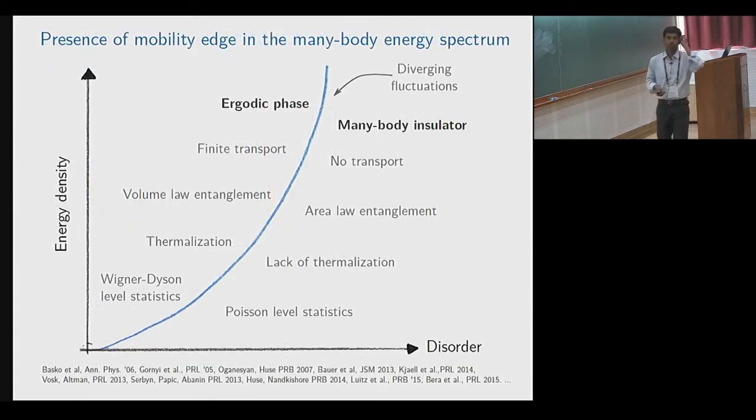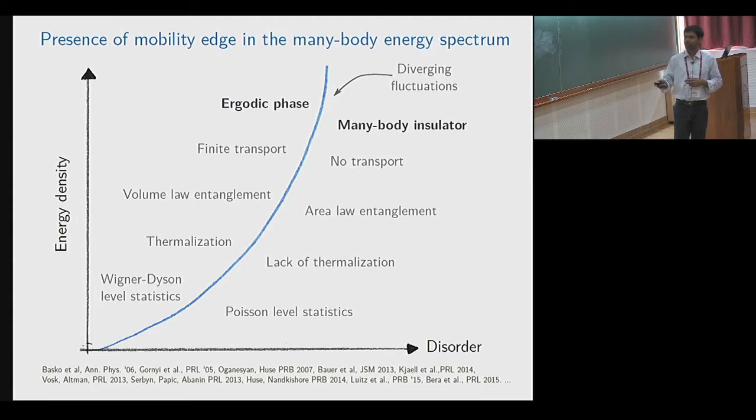So that's my very short introduction to MBL, and what we know by now is more or less this type of picture. It's kind of a numerical picture, if you wish. Also some initial work: for instance, this is energy density plotted as a function of disorder. I'm just giving a qualitative picture, so I'm not putting any number anywhere. What we know is that there is a mobility edge. By mobility edge, I mean that as a function of energy density, or since this is a closed system, in terms of temperature, at finite temperature